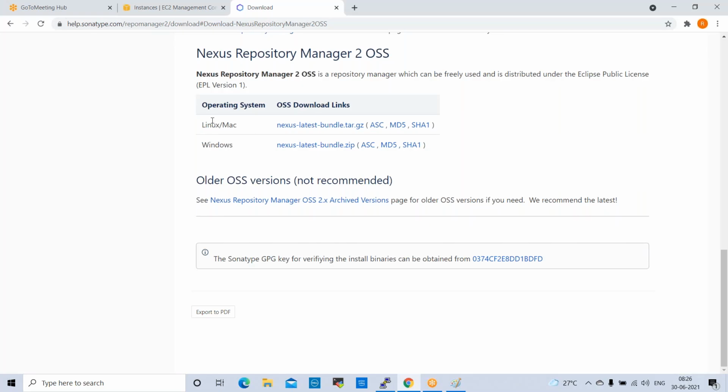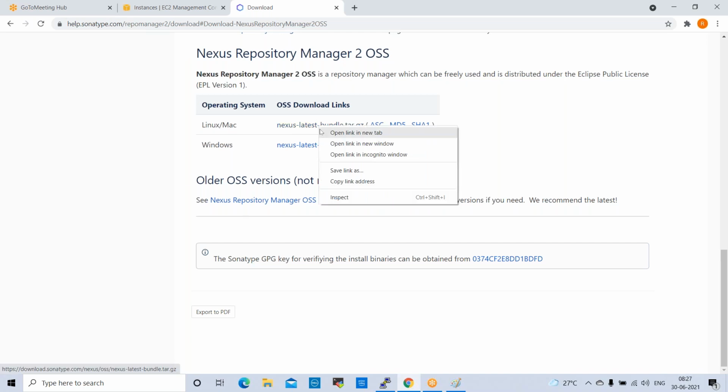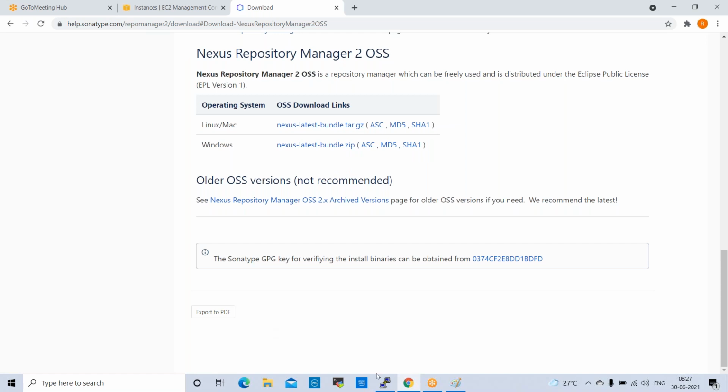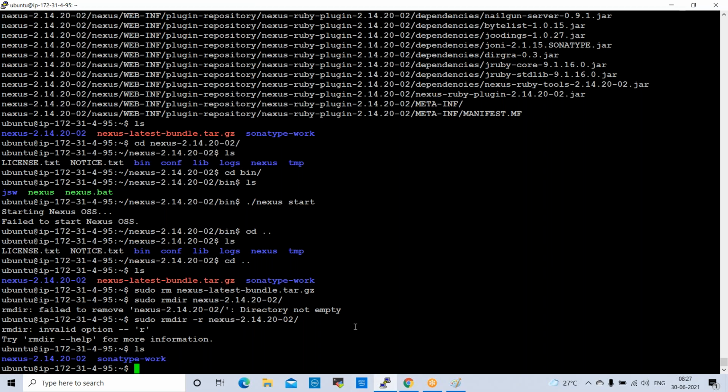We'll try the latest Nexus repository manager versus this repository, which can be used freely. So once again I download this. I click here, copy link address, wget. cd /opt, so we can move to this opt directory.